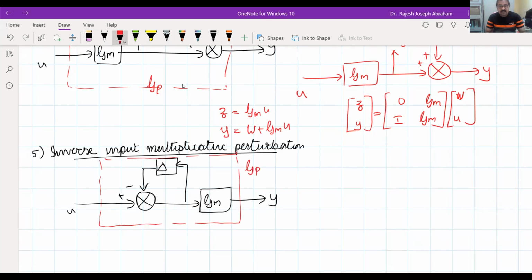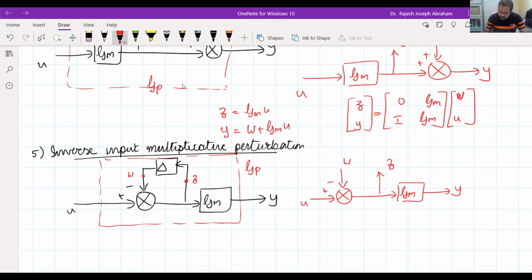So what's the next step? We need to identify the regulated output and exogenous input. What is the regulated output? The one which goes to the perturbation block. So this is Z, and the signal coming out of the perturbation block is W. What next? Cut open the delta block. So you will get something like this. Y. So here is W, this is plus minus, and this is Z.